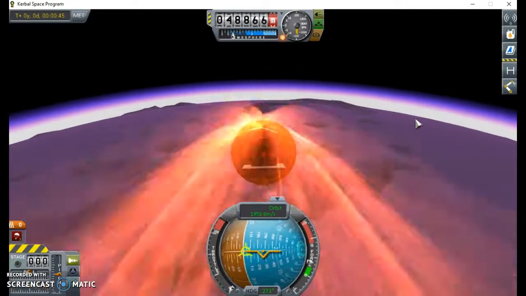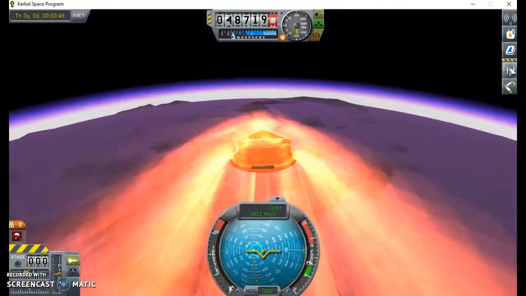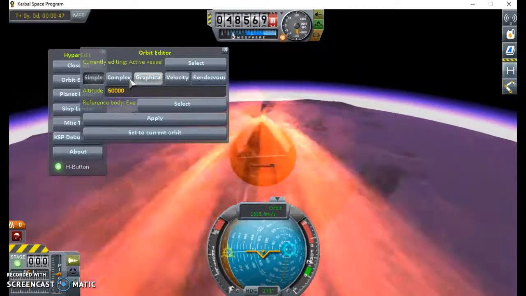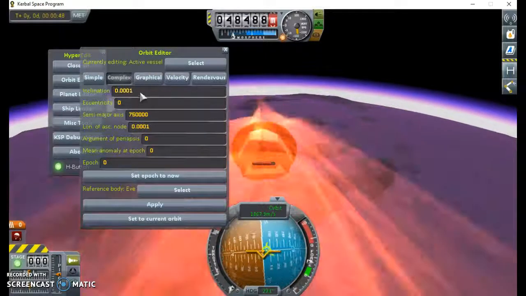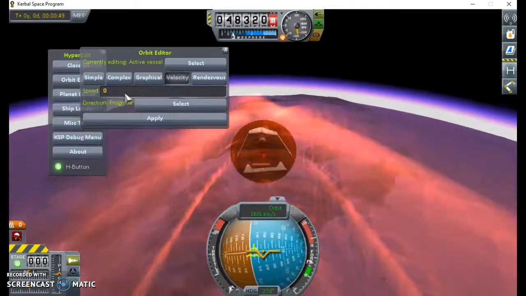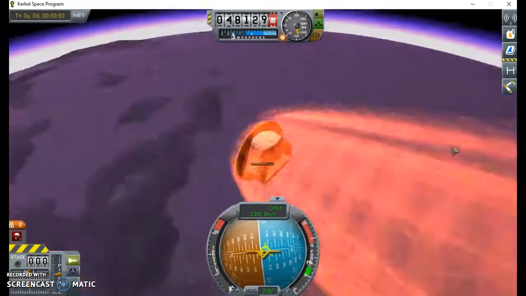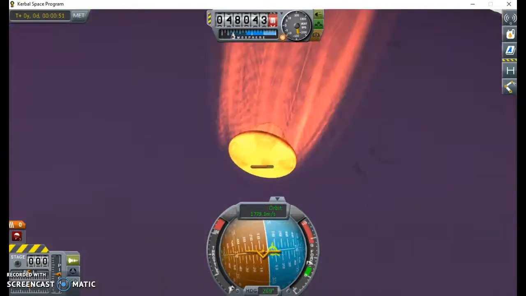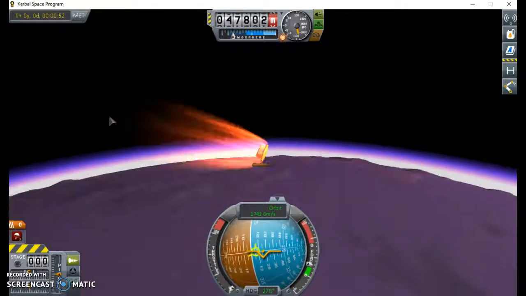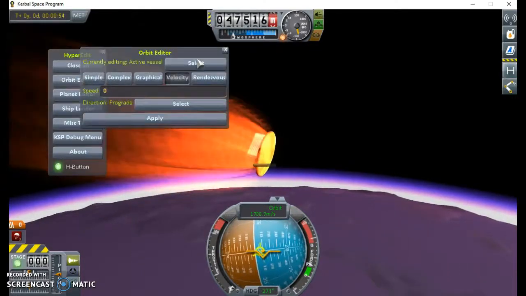Now, you can see, we're just trying to go down into this thing's atmosphere. So, for instance, I'm going to get my orbit editor. I'm going to do complex. It's a graphical. I'm just going to, no. Velocity, I'm just going to, no, I don't know, no. And so, yeah, you just have to understand these things about the planets in Kerbal Space Program. If you would like to